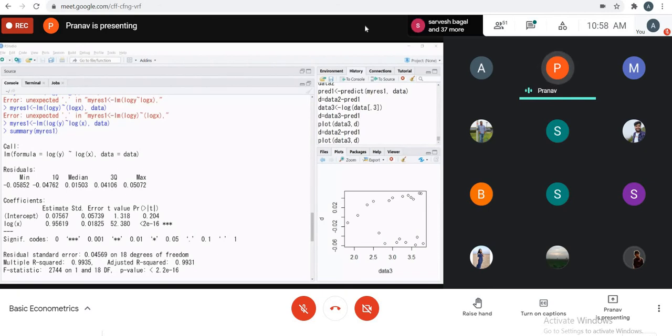In this case, the explanatory variable will be your log x. And then we check whether the residuals again follow some kind of systematic pattern or not. If it does not follow a systematic pattern, it means that you have removed the problem of heteroskedasticity. But if it still continues to follow, it means